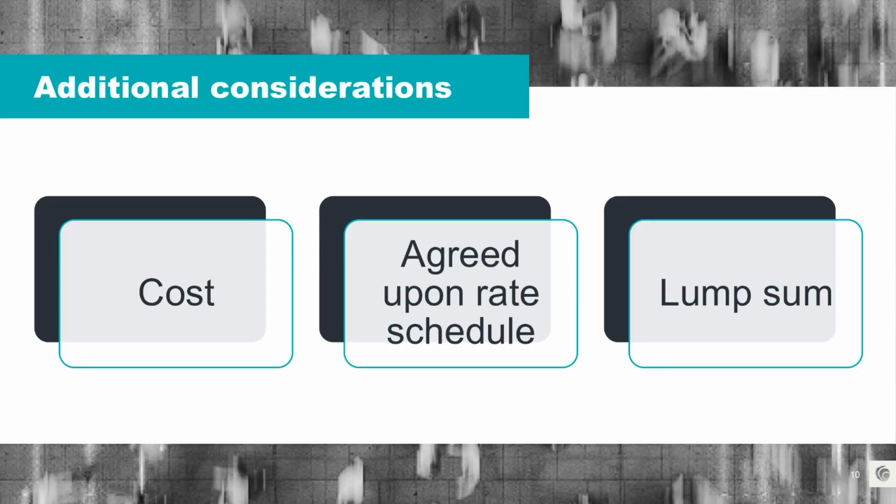As I previously mentioned, some additional contracting items you need to consider is how will the labor rates be billed? The labor billing terms themselves can significantly impact project cost control and risk management. The three most common approaches to billing are at actual cost, an agreed upon rate schedule, and as a lump sum. Each of these has some advantages and some risks, and the considerations you should apply when reviewing